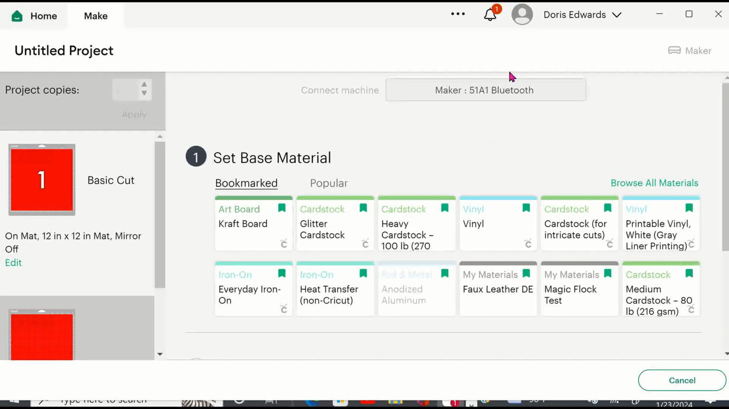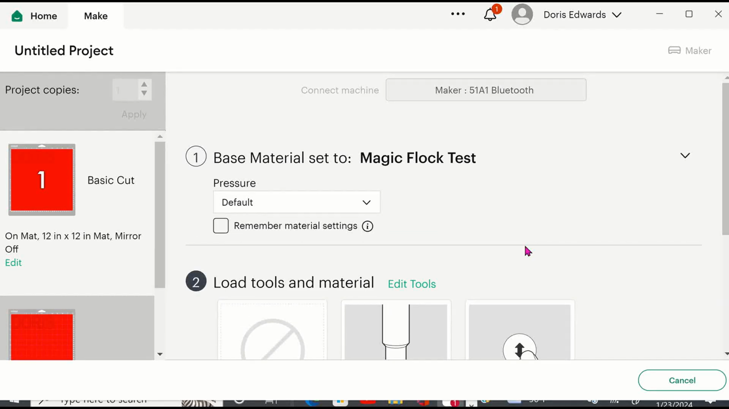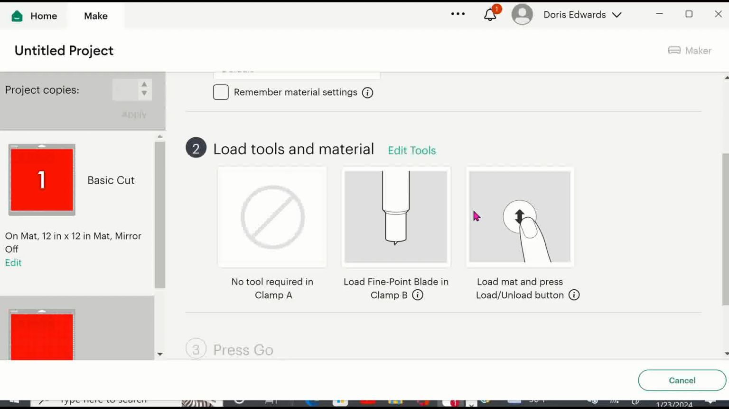Okay, there we go. So I'm using the Cricut Maker. I have this magic flock test that I created for myself, which I have on a pressure of 350 for it to cut twice. And that seems to work better for me using the magic flock. Okay, we're not going to have anything in clamp A. We're going to have our fine point blade in clamp B. And at this point, we're ready to put our magic flock or sticky flock, whatever you're using,